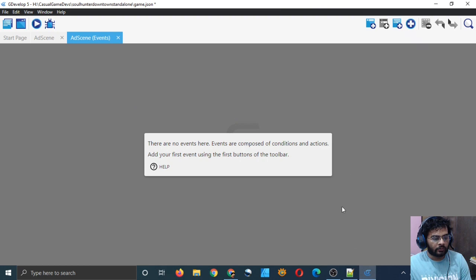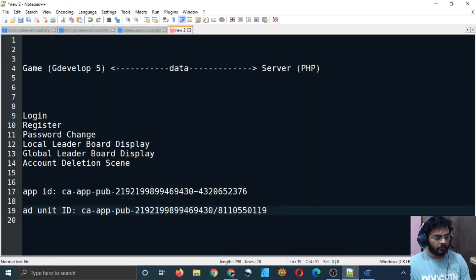First of all, before you can publish ads in your game, I think you will have to have your AdMob account verified. So Google will take some time to verify your AdMob account.